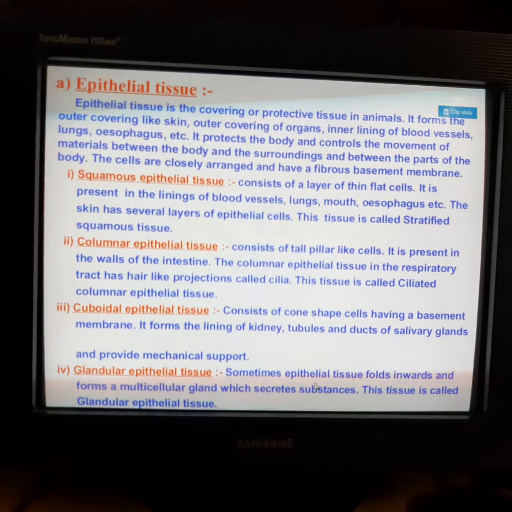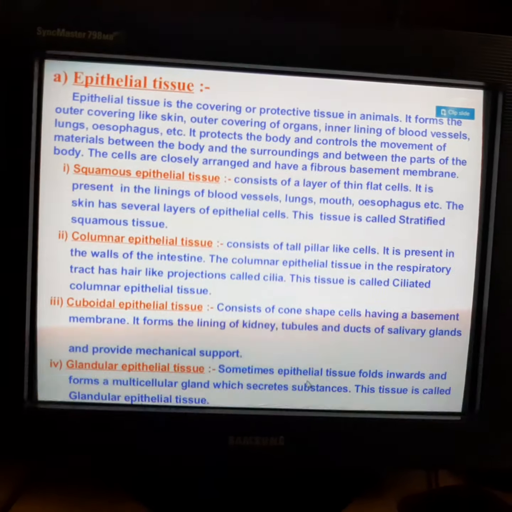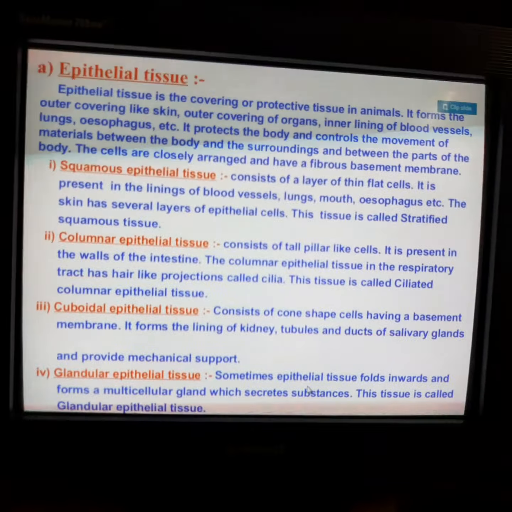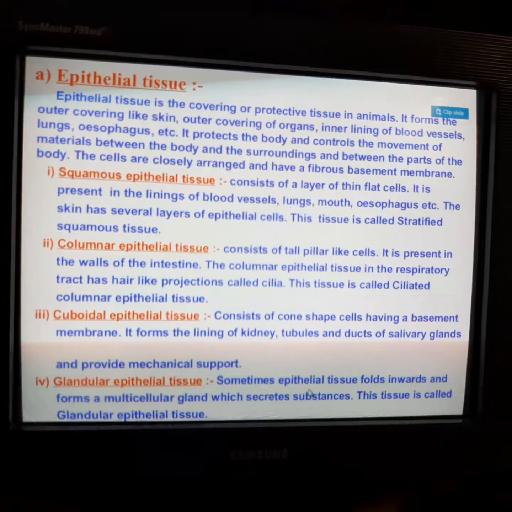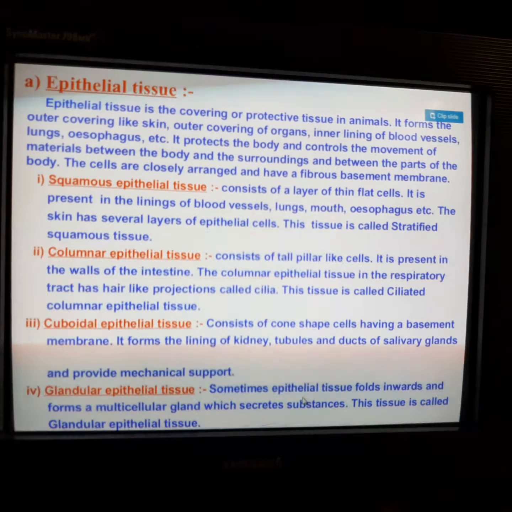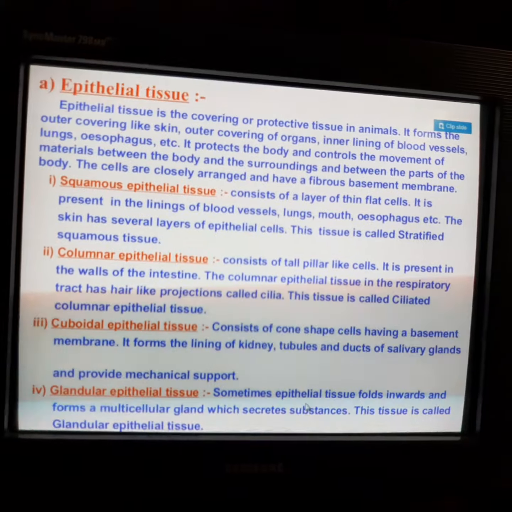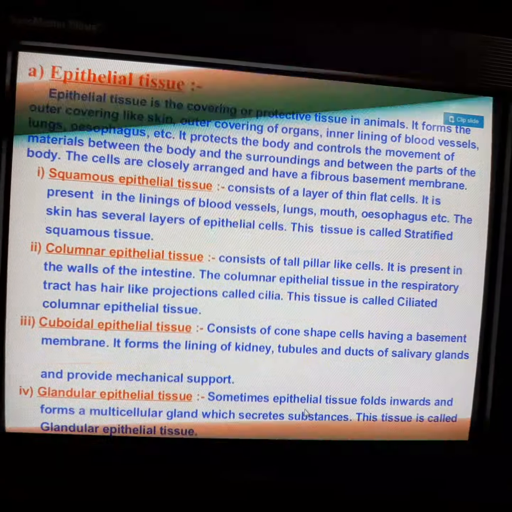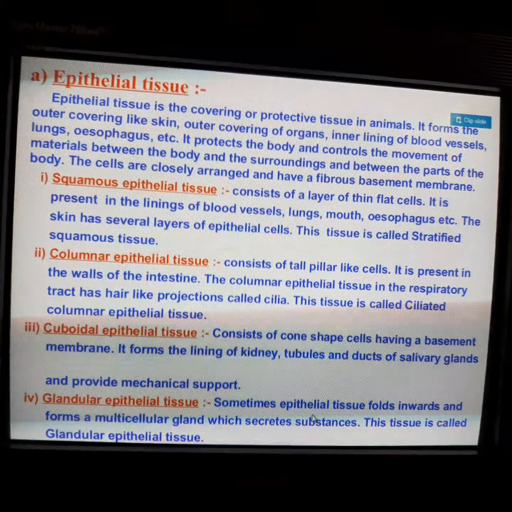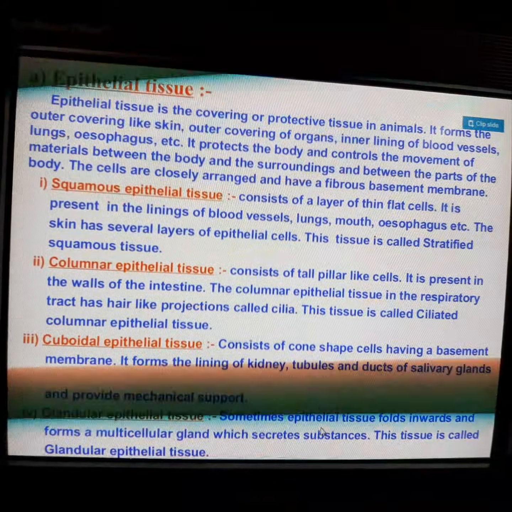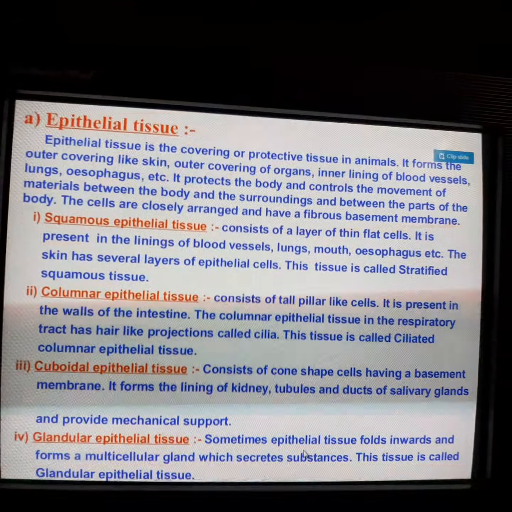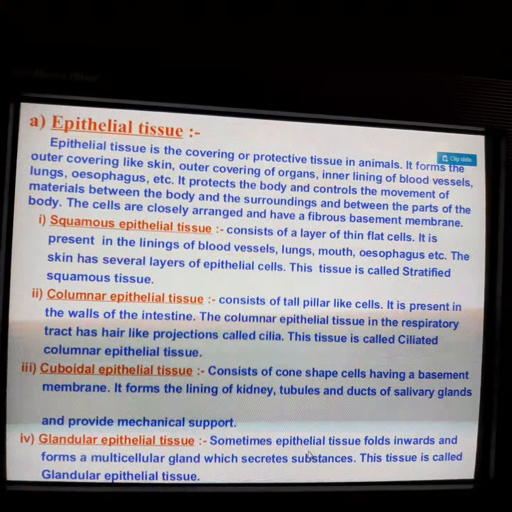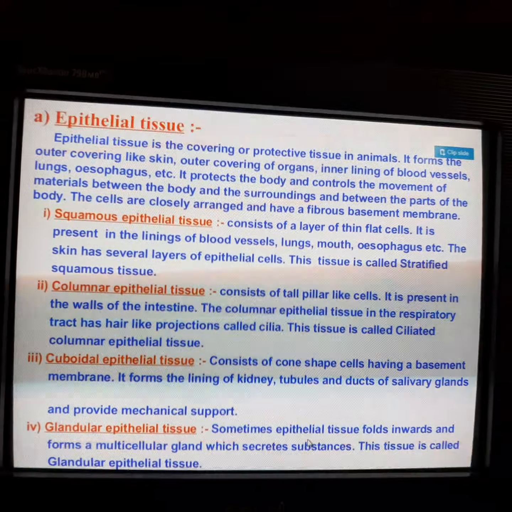Firstly, coming to the details of the epithelial tissue. Usually it covers the outer lining. Like plants have epidermis, in case of animals, there is epithelial tissue. It covers the outer lining of everything in the human body and acts as a protective layer. It also covers the cavities present inside our body. Where is this tissue mainly found? It is found in the lining of the blood vessels, lining of the mouth, kidney tubules, skin, lung alveoli, etc.